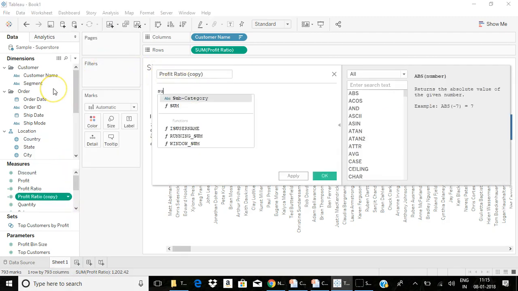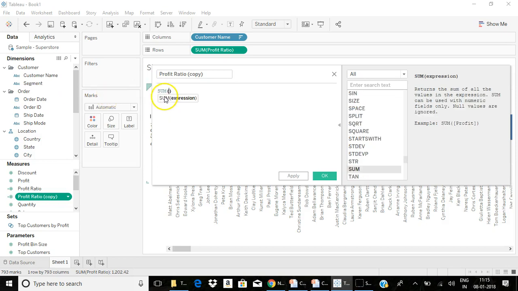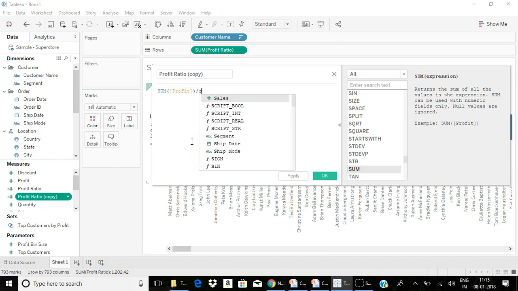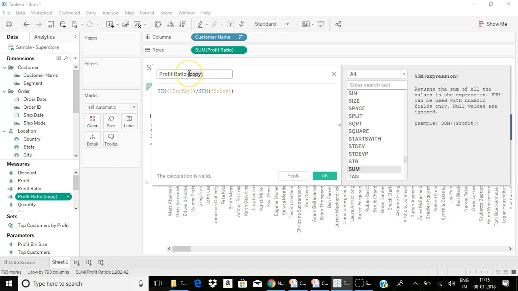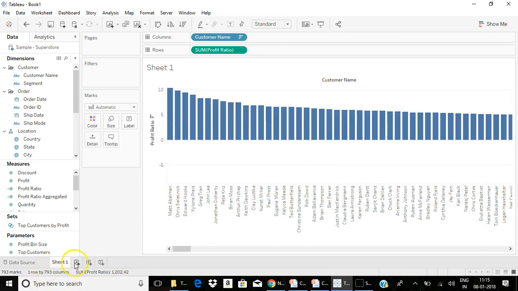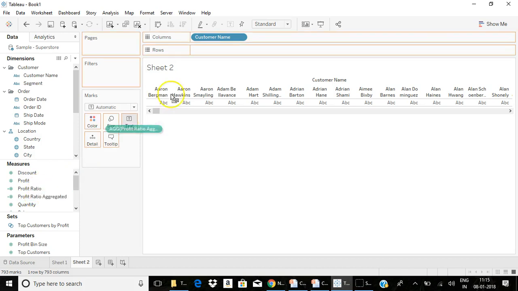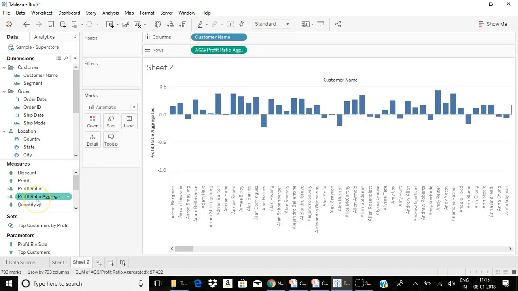And now let me include aggregation in the calculation itself, that is, sum of profit divided by sum of sales. So this is aggregated. Now let me create the same example. Since I have already aggregated in the calculation, it is just showing AGG, that is, it is already aggregated.